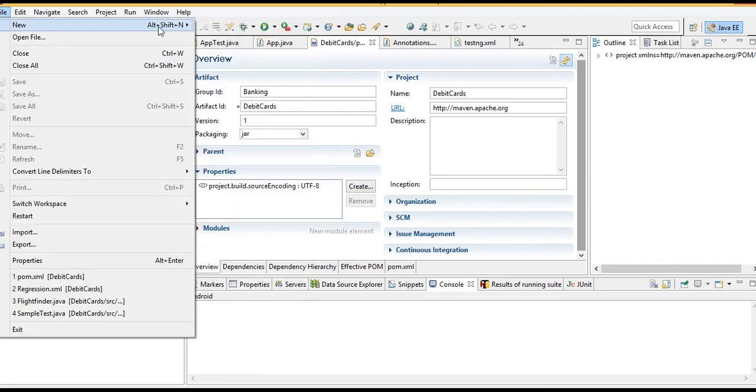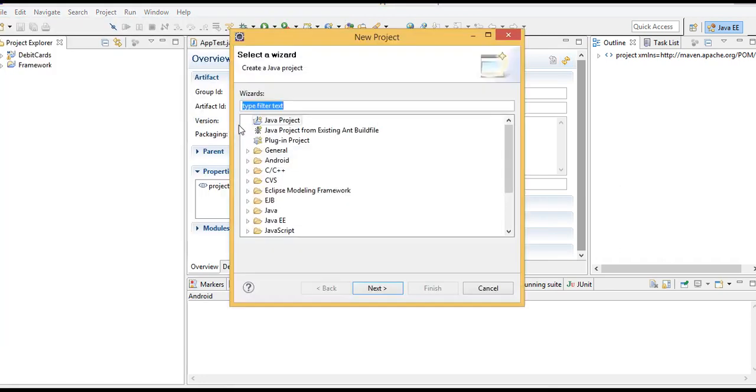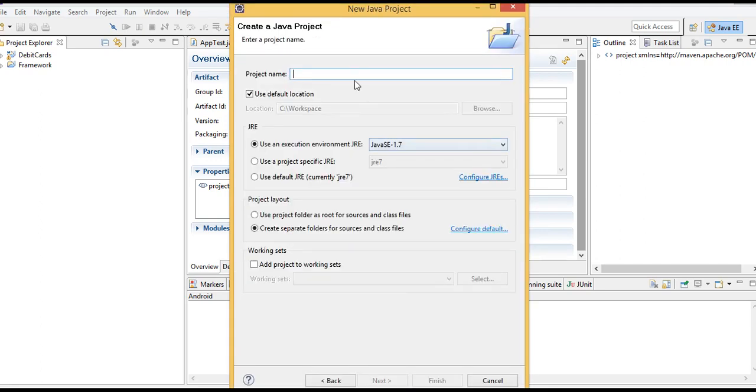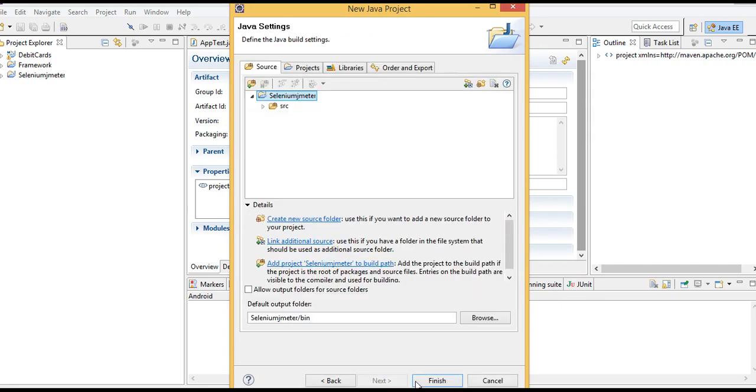File, new, general, Java project, and the project name is Selenium JMeter. Click on next, finish.